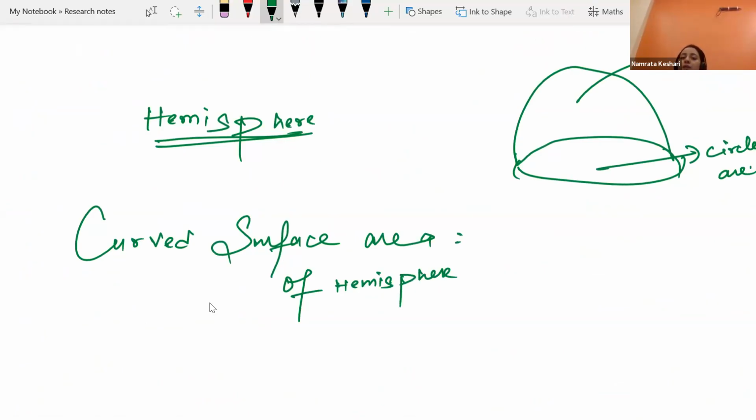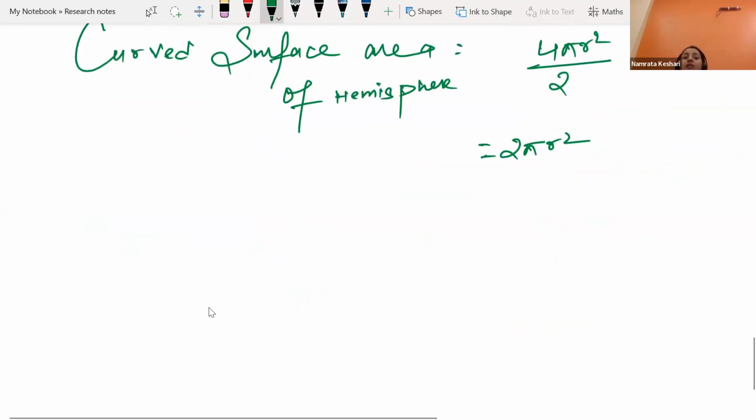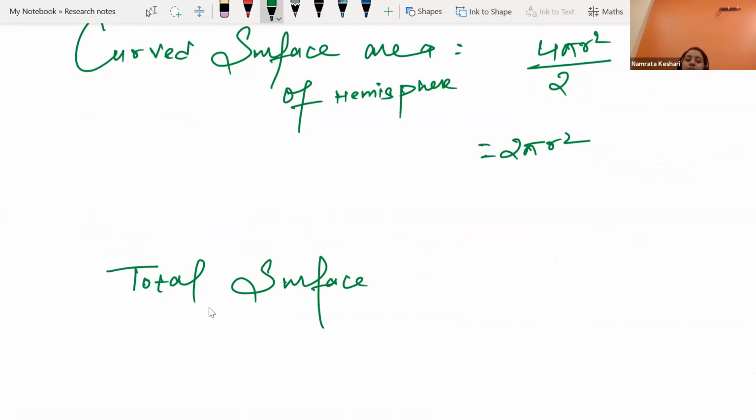That means, do we want to say 4 pi r square by 2? That means 2 pi r square? Yes, we do. Okay. The formula for curved surface area of the hemisphere is 2 pi r square. But the total surface area of the hemisphere is,